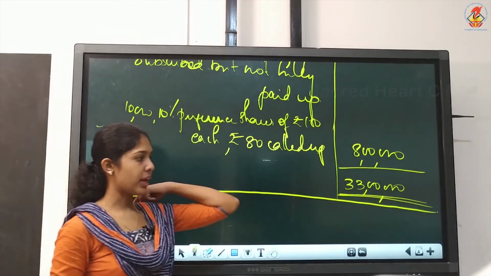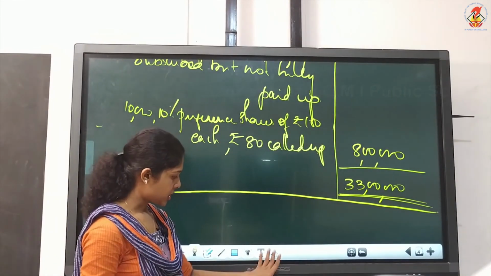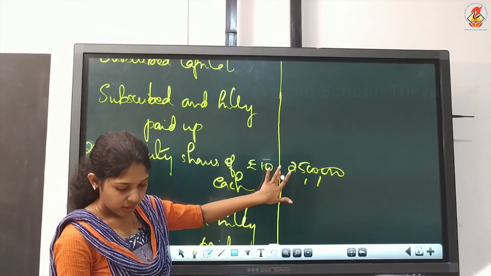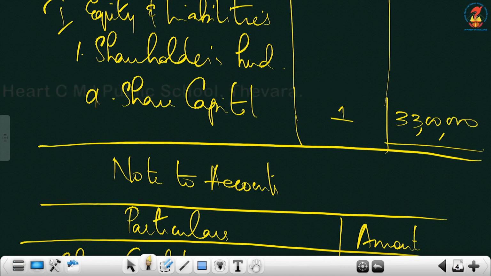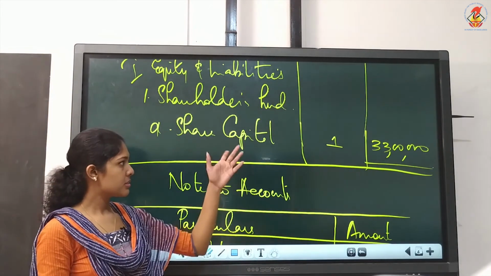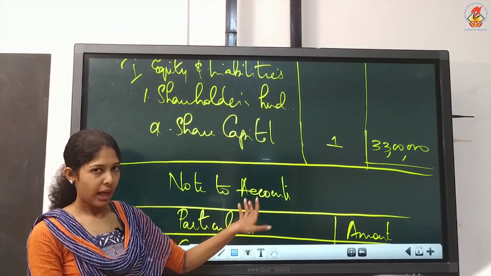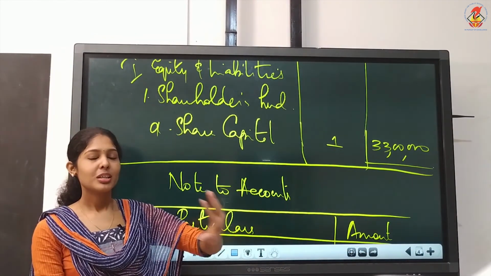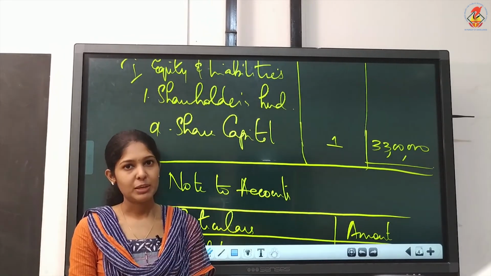So how much will you write in the balance sheet? This 33 lakhs should go in the balance sheet. Take the actual format of the balance sheet and you just write that 33 lakhs there. And double line this total. Okay, total means the share capital amount. So this is how you have to do the balance sheet, and in this question we have both subscribed and fully paid up, and at the same time the not fully paid up category also.